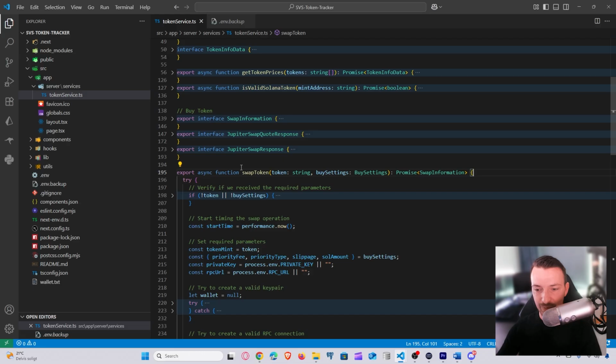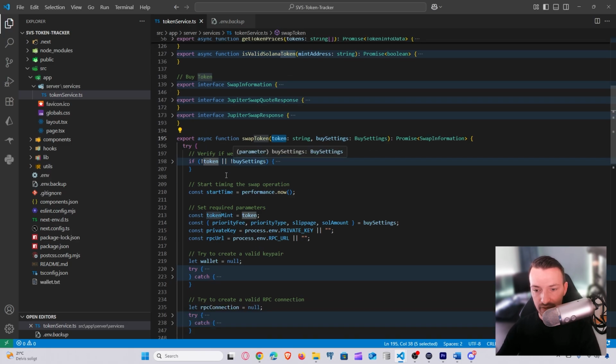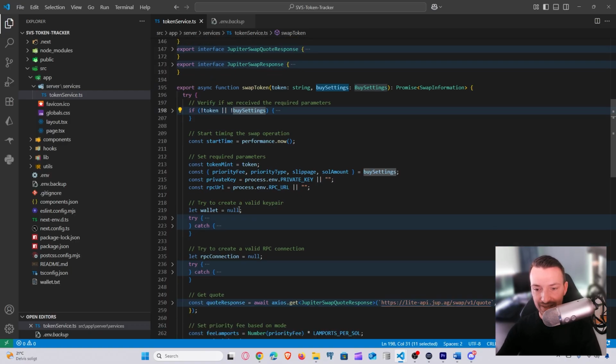And we created a swap token function here that requires a token, of course, and the buy settings. And the buy settings we will provide because we have stored them in our local browser storage. And first, we will check if we have received a token and the buy settings, and we will start a performance counter to see how long it roughly takes to land our transaction. Now next, we will set some required parameters as the token mint. We will extract the values from our buy settings like the priority fee, the priority type, the slippage, and the